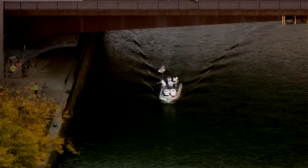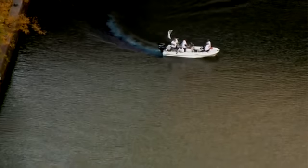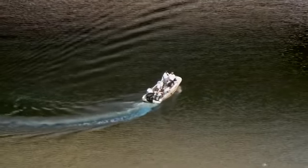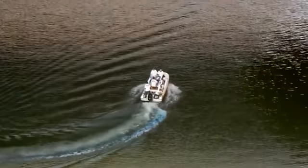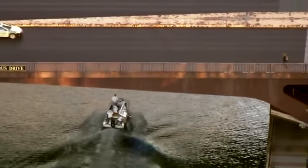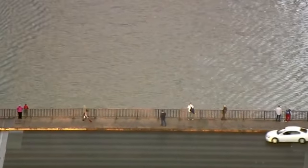We'll see what their game plan is. Perhaps what they'll do is go out towards Lakeshore Drive, turn around, and then head back inward, back westbound. Looks like a World Series champ flag in there as the boat turns back around, goes underneath the Columbus Bridge,